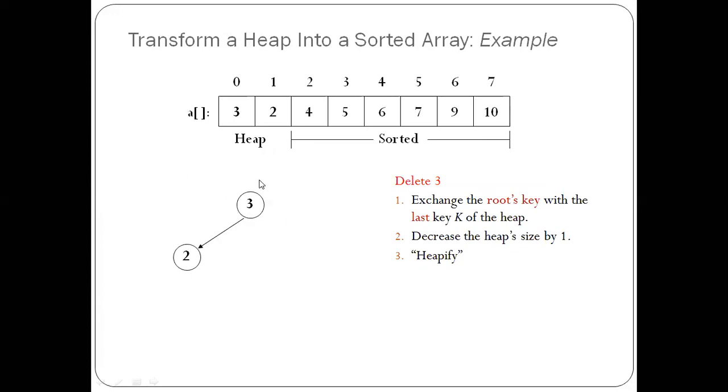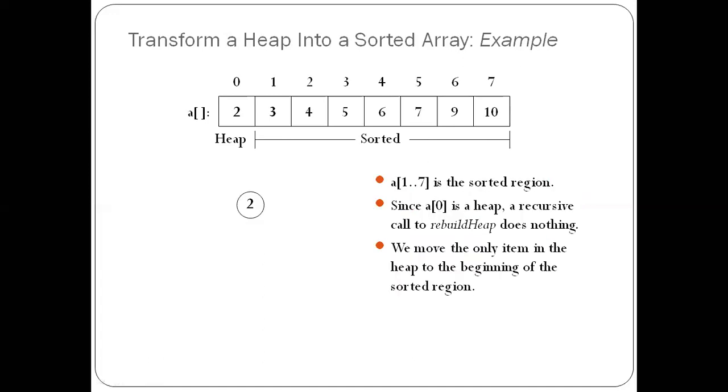Again the larger element or the root element you should delete, that is 3. 4 has been added in the sorted list. 3 will be deleted, and 2 is the only value left out. When you want to delete 3, you should exchange it with the last element, that means 3 and 2 will be interchanged, then delete 3, that means 3 has been taken out, only 2 will be left out. So there is no need for the heapify procedure. So only 2 is left out.